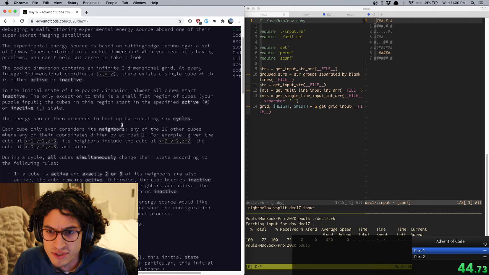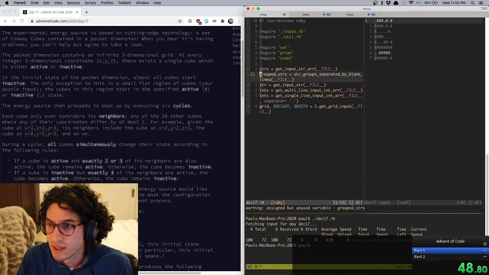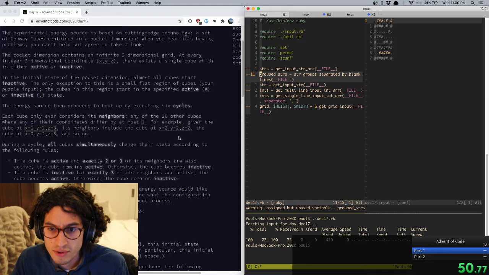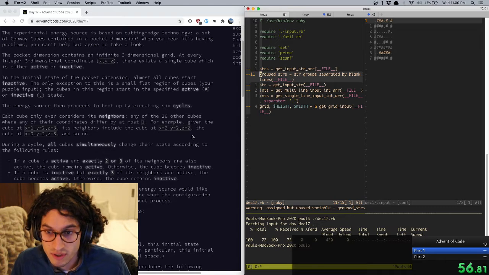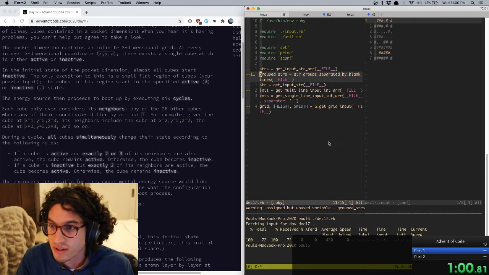The energy source proceeds to boot up by executing 6 cycles. Okay. Each cube only ever considers its neighbors, any of the other 26 cubes where any of their coordinates differ by at most 1. Okay. During the cycle, all cubes... Okay, this is just